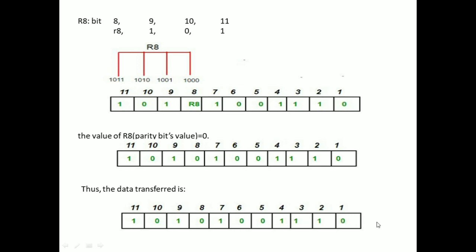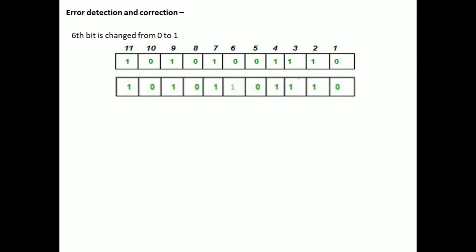So now what do we have to do? We have to check at the receiver if there is any change in bits in this particular data unit, and detect the error. Not only detecting, we should also be able to correct the error. So we should be able to detect at which bit position the error occurred. Now let us see that also. We have to do error detection and correction, right?